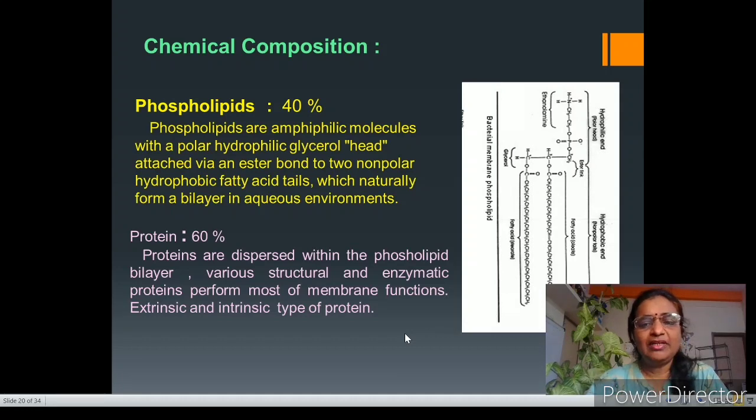Chemically, the cell membrane consists of two major components. One is phospholipid, another is protein. The phospholipid present in the cell membrane is like that of the cell wall. It is also a head and tail structure. It is about 40% of the cell membrane. These phospholipids are amphiphilic. Amphiphilic means it has both hydrophobic and hydrophilic parts. As I told, in the cell wall, phospholipid has a head and tail structure. The head is phosphate, which is hydrophilic, and the tail is lipidic, which is hydrophobic. That's why the same phospholipid is present in the cell membrane. It is called amphiphilic phospholipid.